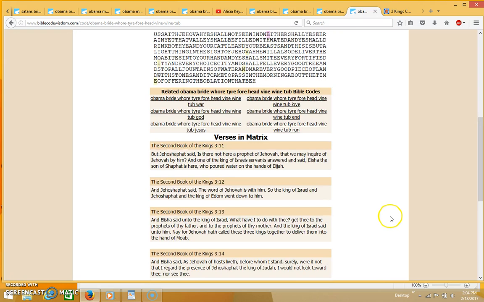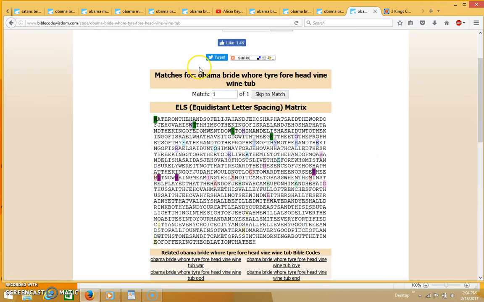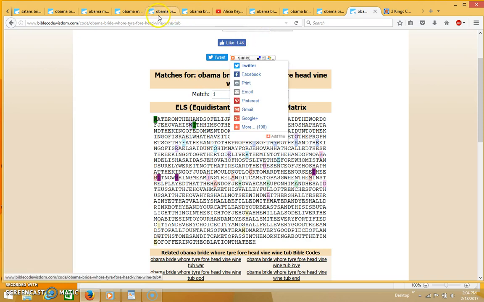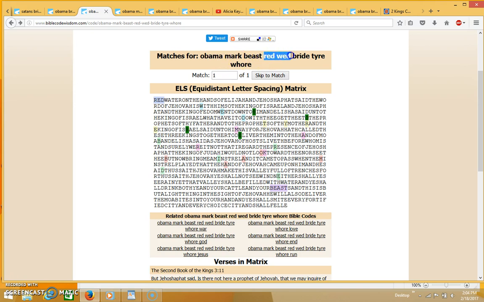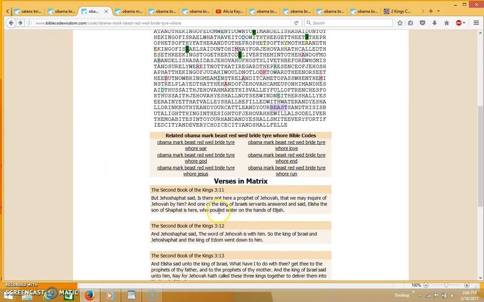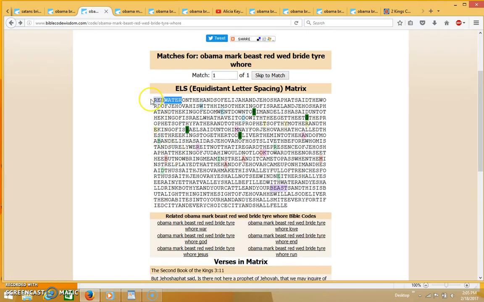And so that's the matrix that comes up in this table about Obama, the bride and the red wedding. And so that was the original table where I put in red wed, and the very first thing that came up was red water, but it wasn't because it was really talking about the red water just yet. That's later in the matrix, but that's the first thing that came up when you put in Obama, mark, beast, red wed, bride, tire, and whore. The first thing that comes up is red water, which in this case was an optical illusion of blood, not actual blood. But when the real red wedding takes place, which is what's talked about in